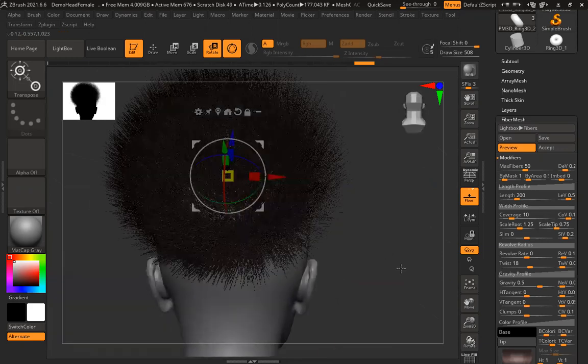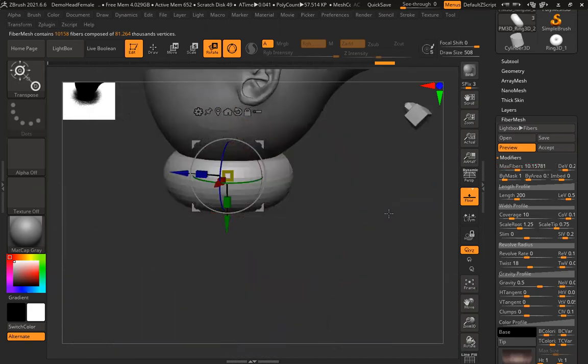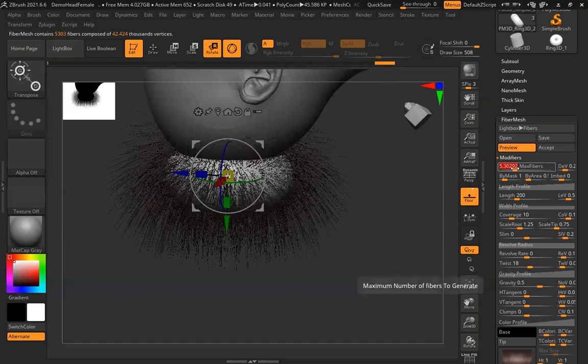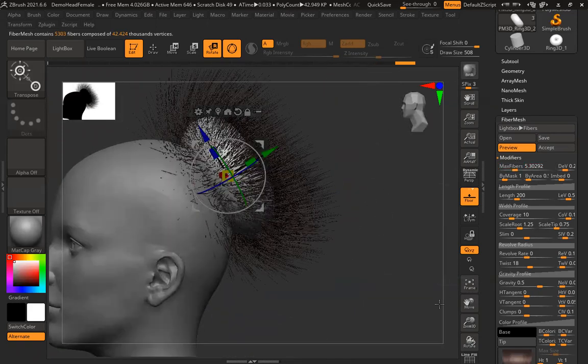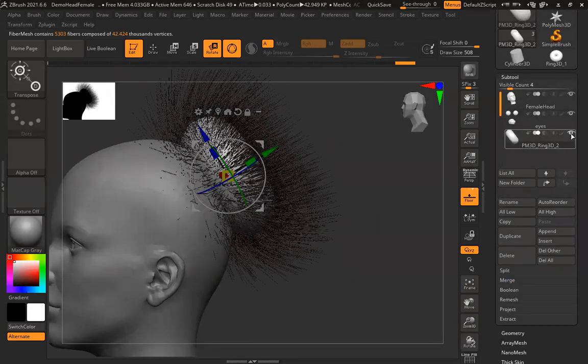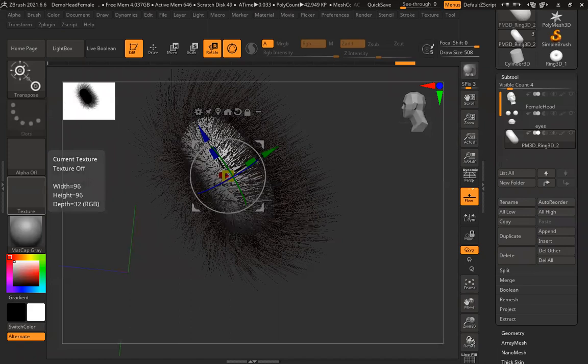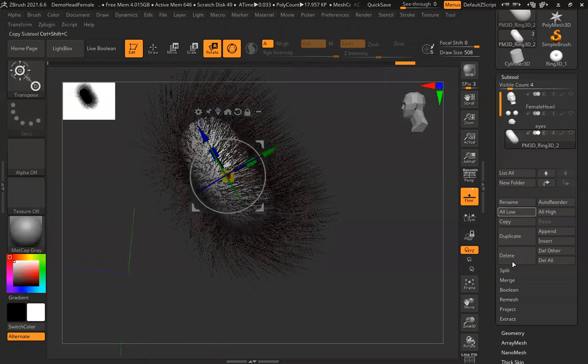And now we have all this here. So max fiber, reduce it, keep it really low. Again, down, low. Suppose I'm fine with this, oh, I have to isolate this. So this looks fine.